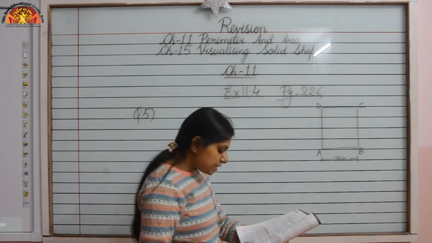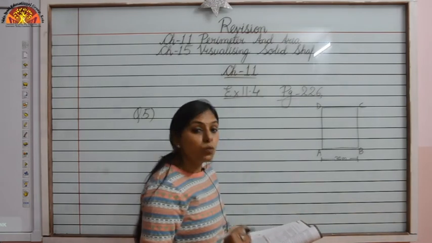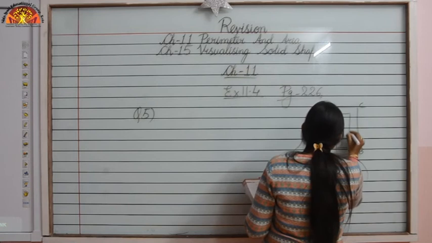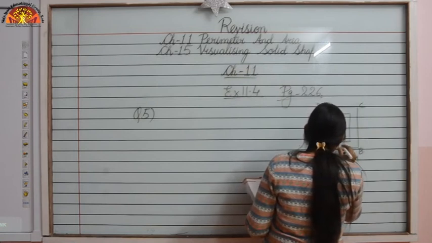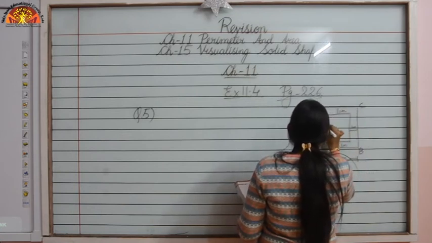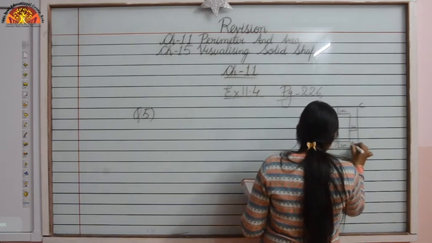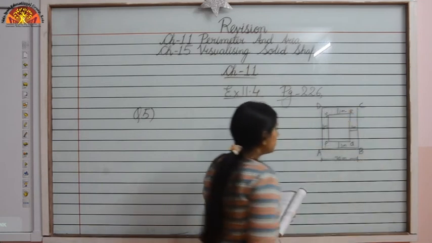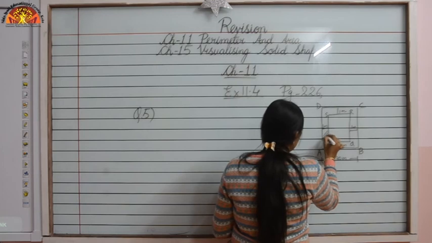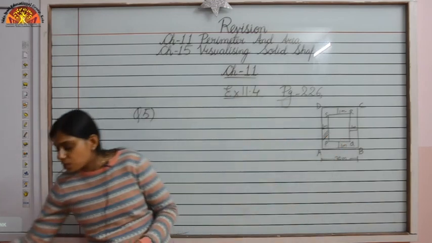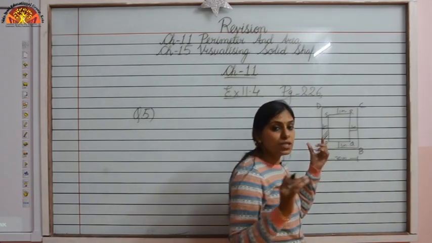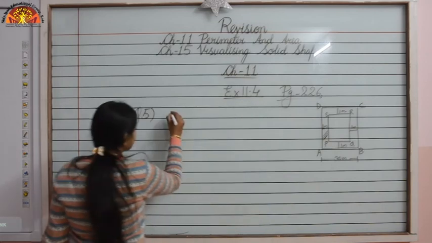Okay. Now inside the square garden there is a path 1 meter wide. So the width of this path is 1 meter. This is a square PQRS. Is it clear? So what you have to do, first of all you have to calculate the area of this path. So how can we calculate? That is the area of the square ABCD minus the area of the square PQRS. So first of all you have to calculate the reduced length.